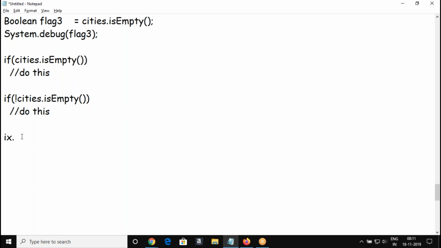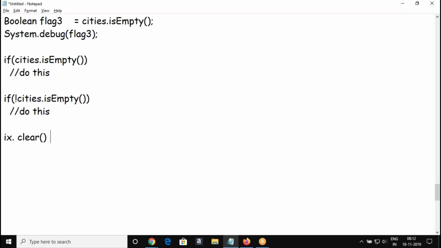The next method: we know the method to remove elements one by one using the remove method by referring to the index. But how do I initialize my list, how do I remove all the elements in the list? If a list contains 100 elements, I cannot use the remove method element by element, referring to the index one by one. So I would like to remove all the elements at once.